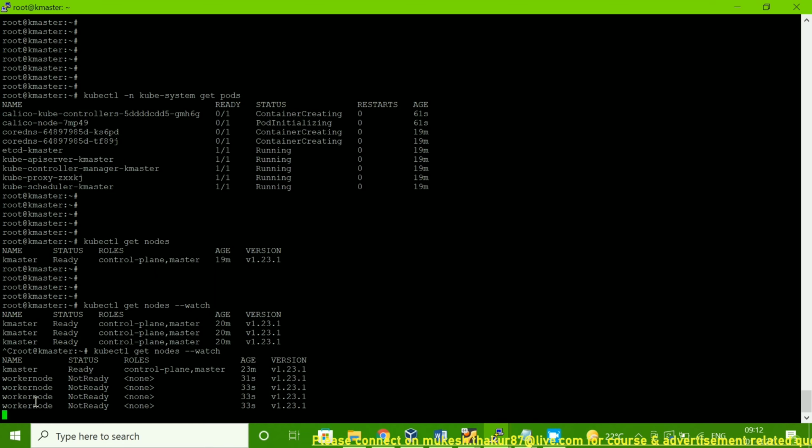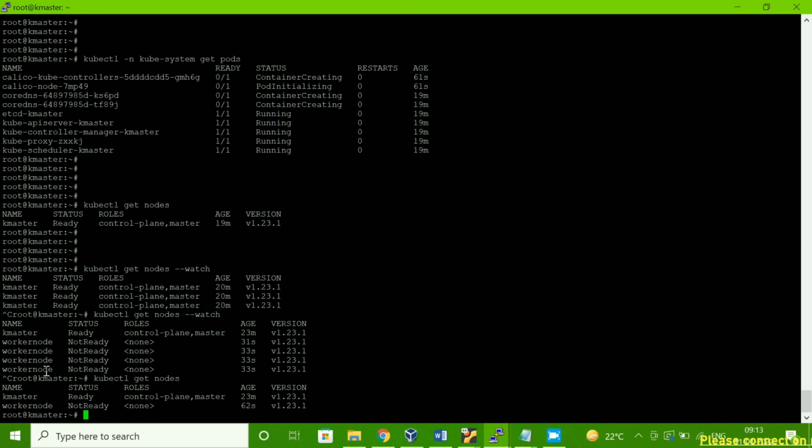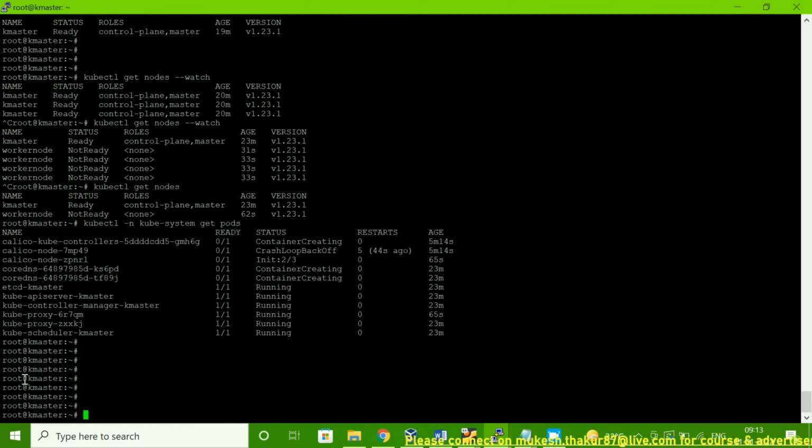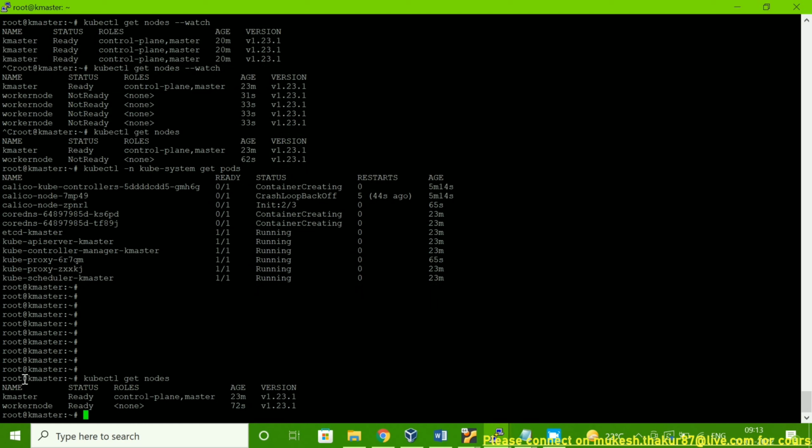This is how you can set it up. We have to wait here because it will take time for this worker node to be ready. Yeah, the worker node is added. Now you can see the worker node is also ready.